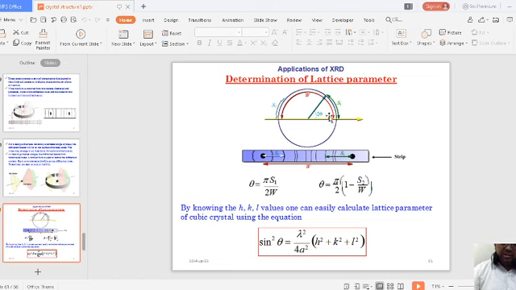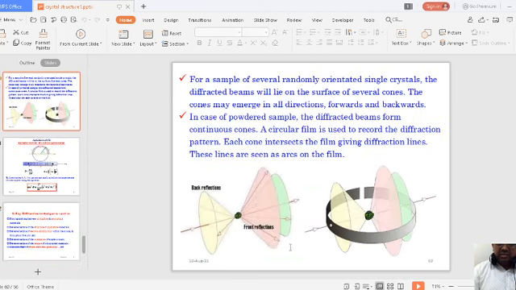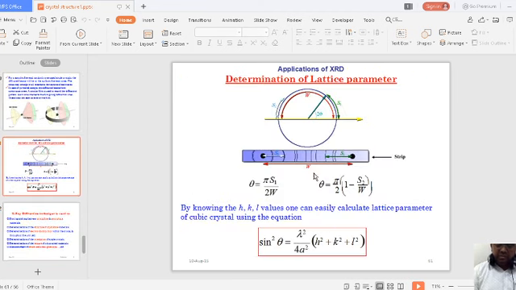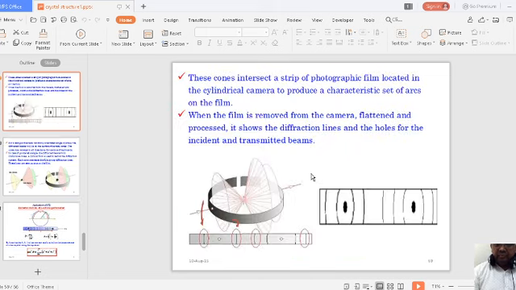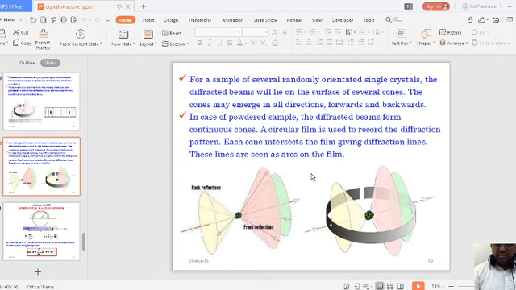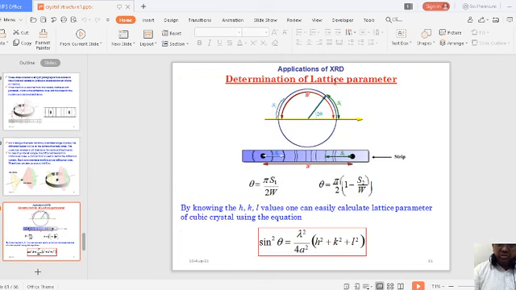So 4 theta is equal to what you can write down. In this instance also you'll get the values like this. We will have a detailed description of this mathematical aspect in a later class. This is only the conceptual view of how these patterns are observed. Now, what is the application of this X-ray diffraction powder method?